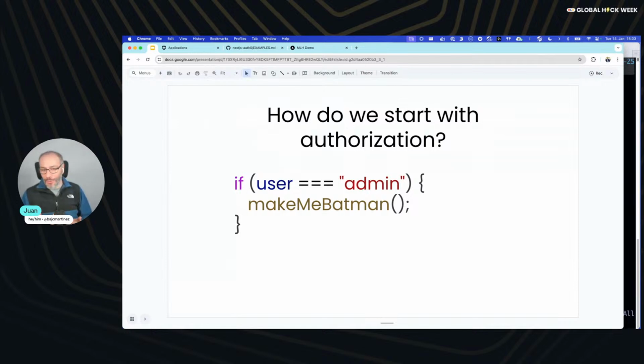Now, if conditions are great, but are not really scalable. You can imagine that checking that the user is admin, make me Batman, will only work if you have only one user, and that user has the admin ID. Now we can expand this to have an array of users that are admins, but that quickly becomes very problematic because it's not really a scalable solution. So there is a natural flow from this simple if statement that we have here